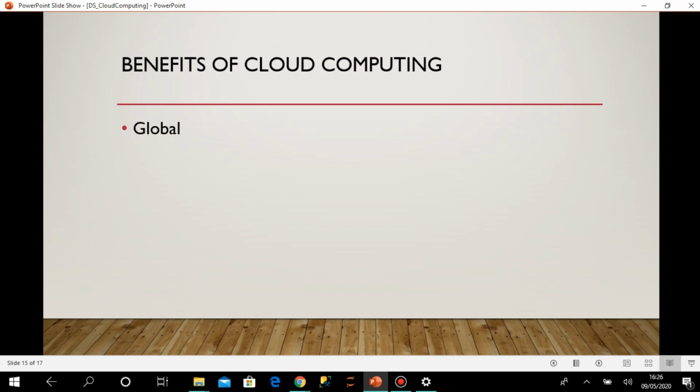Then global. What is that? This cloud provider, especially Microsoft Azure, I can say that they have their servers worldwide in many locations of the world. So they ensure that whenever you need something based on your requirement, you can create your resources in that particular location. Maybe that will help in the performance of the system, your client interaction. So wherever it is required, it will be available in that place.